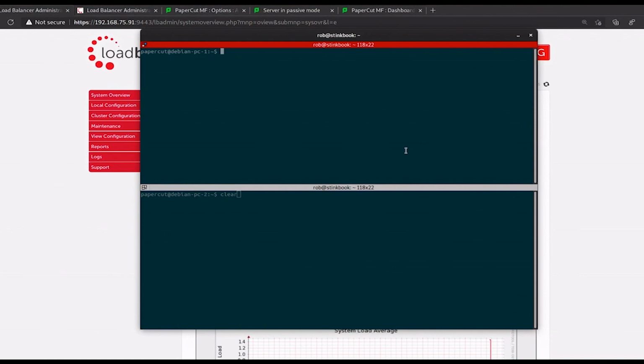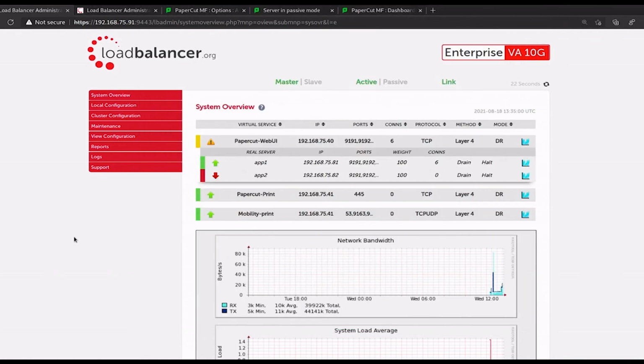I can go over to the servers and I can actually stop the application on application server 1. So I'm going to stop this. I'm going to put in my password and it will stop now. So while we wait for the secondary PaperCut application server to spot this and